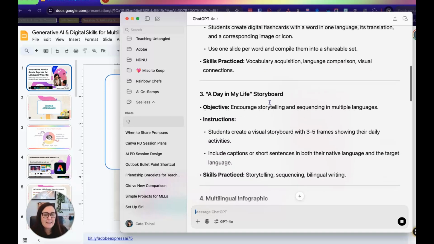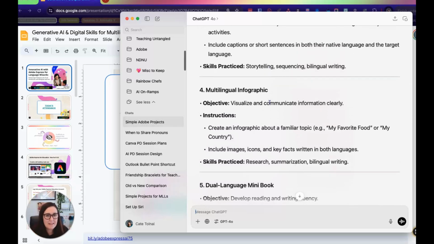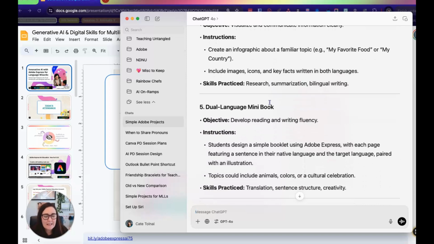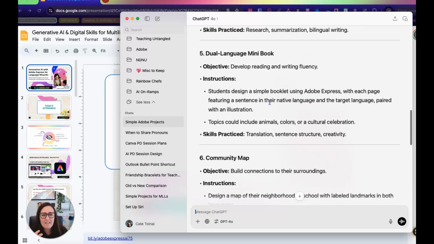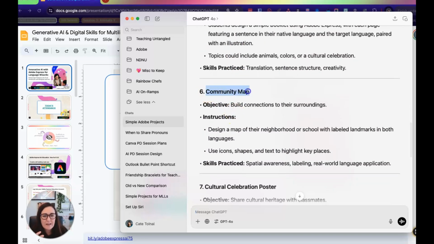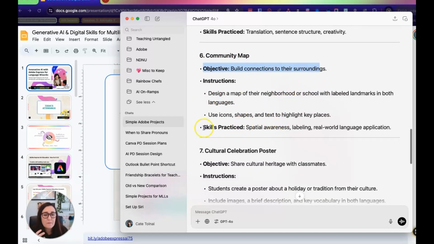So while these ideas that came up using ChatGPT and AI weren't completely out of nowhere, and they were definitely strategies I could have come up with myself, it was so nice to be able to use AI. And I love how the tool not only tells me what it is, but gives me an objective, provides a little bit of instructions, reminds me of the skills that are being practiced. So if I was in a situation, or teachers that are needing to be thinking about that standards focused approach can do so. And I could probably go deeper and say,